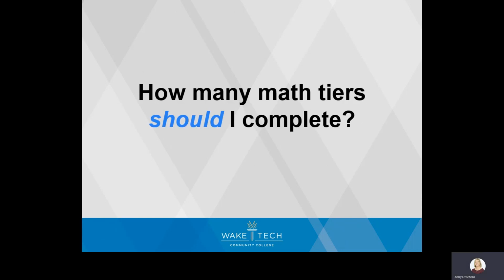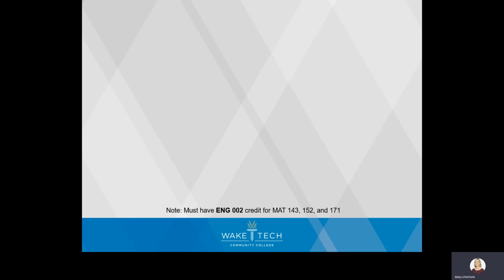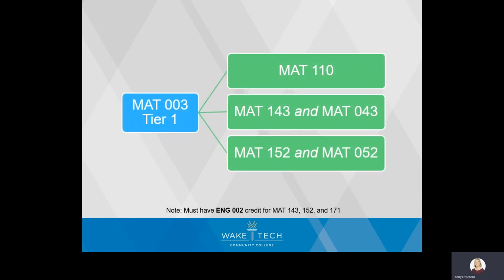So how many math tiers should you be completing this semester to move into the math that you need for your program? For those of you that get through Tier 1 by the end of the semester, you have 3 options. You can take Math 110 without a co-requisite. You can also take Math 143, which is quantitative literacy, or Math 152, which is statistics,